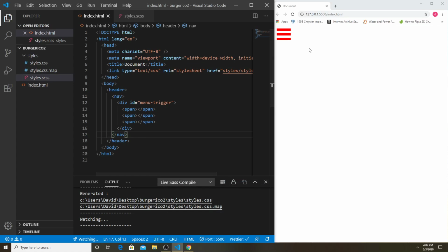So in part 1 of this tutorial, I showed you how to make this animate from 3 lines to an X. It works on a hover right now, but we'll change that to a click. We'll also make it open a mobile menu. So we need to create that mobile menu